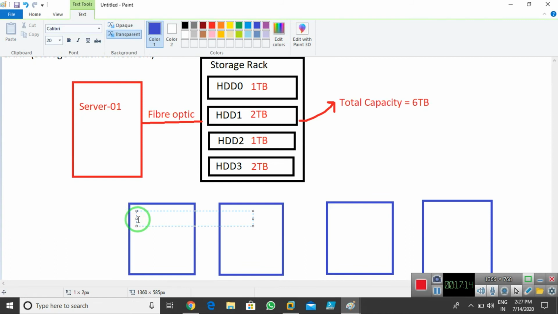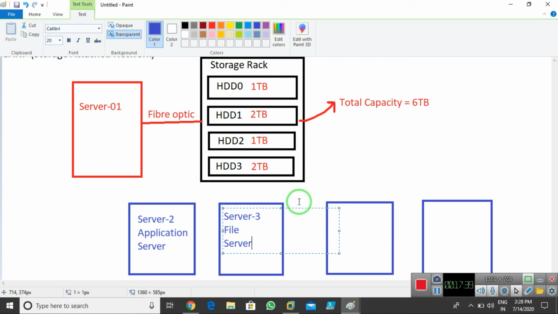This is server 2, and we call it the application server. Then we have server 3, we call it the file server. The file server maintains your data, the files and folders and all. The application server maintains the applications.